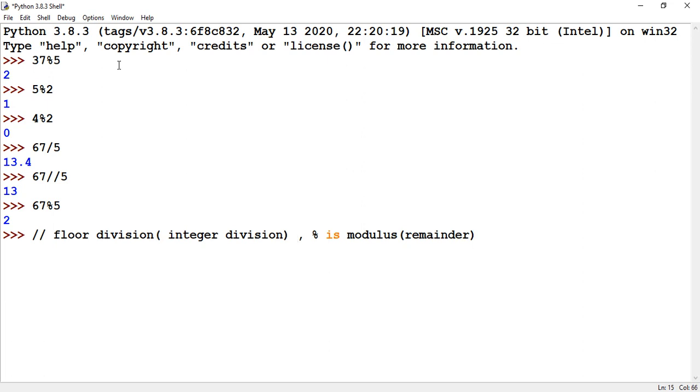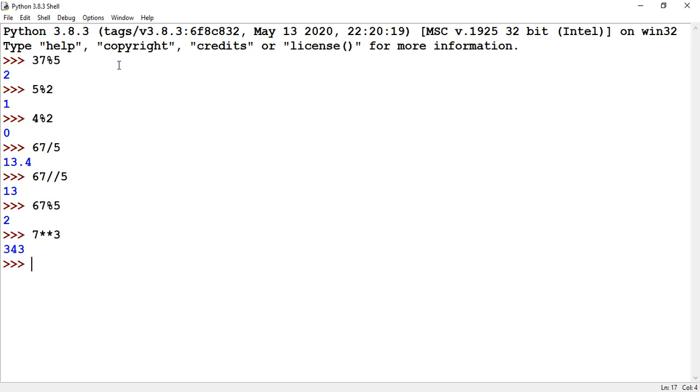Some other operators we have already used. Suppose you have to calculate 7 to the power 3, then you use the double star operator. 2 to the power 4 is 16. So you use the power operator, double star. We also use pow(2, 4).